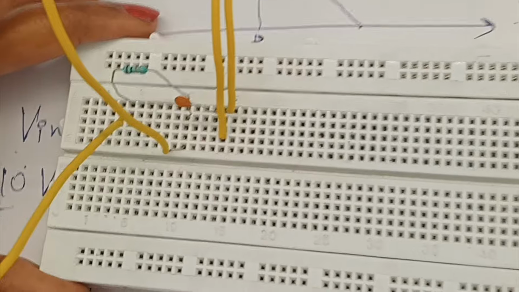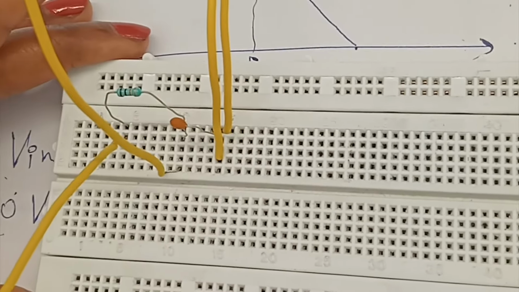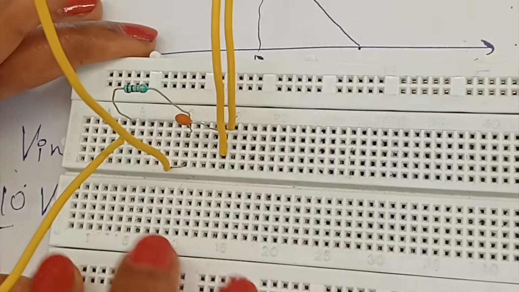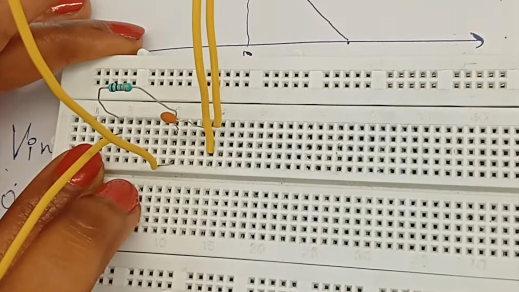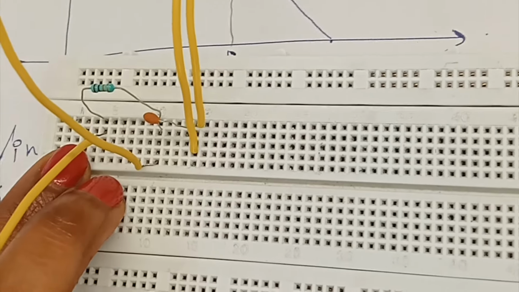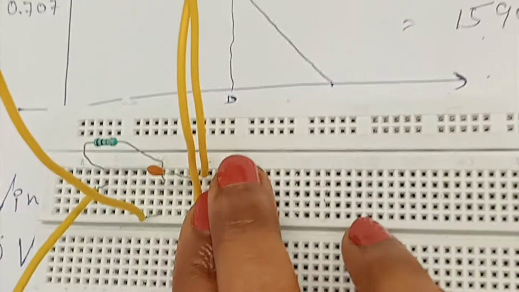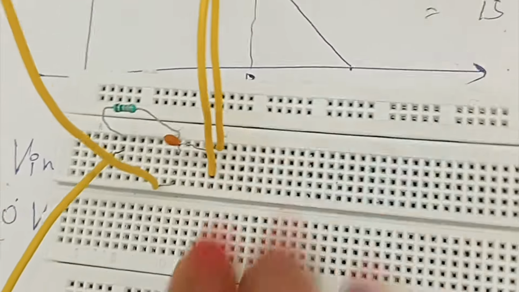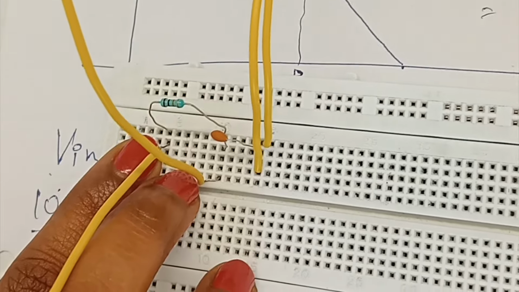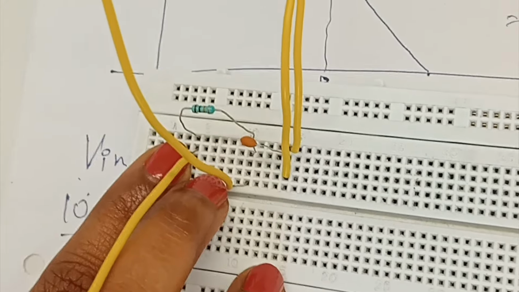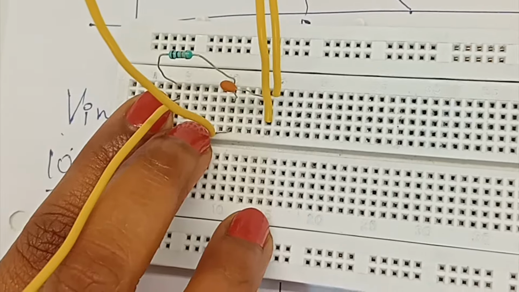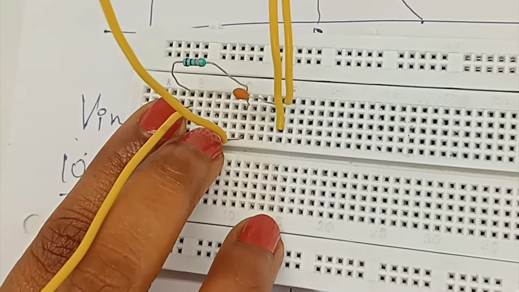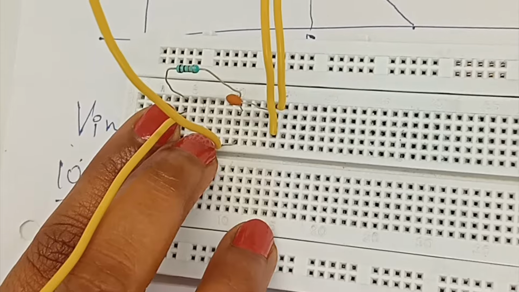Now this is our circuit ready for the experiment. So let us perform the experiment. I have connected the input and output. At the input I have connected the function generator, and at the output I have connected the DSO. At the input I will give the AC signal, where I have given the sine waveform with amplitude 10 volts peak to peak, and I have set the frequency to 100 Hertz.